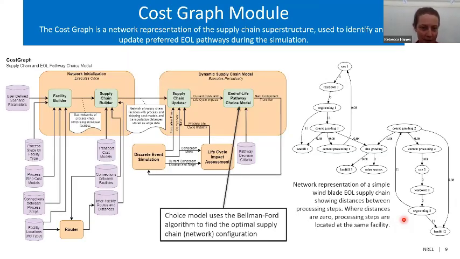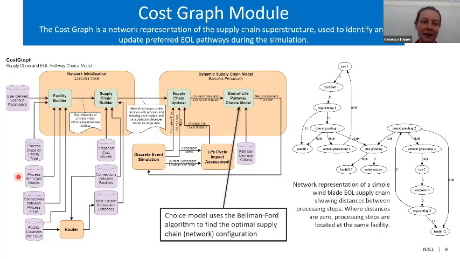The cost graph model is how we represent all of the information we have about the supply chain superstructure, including what facilities are involved, how they're connected, where they're located, the processing steps at each facility and what those processing steps cost, the transportation distances, and the shipping costs between facilities. So we represent all of this information as a directed network,